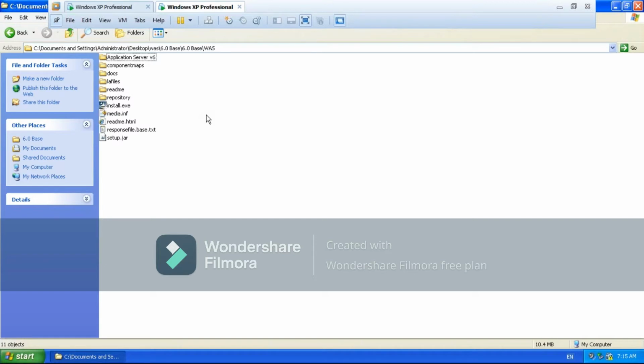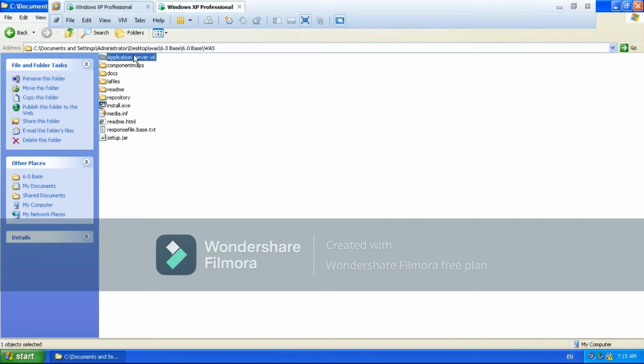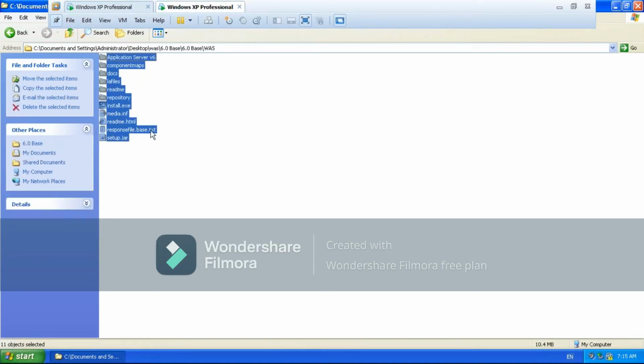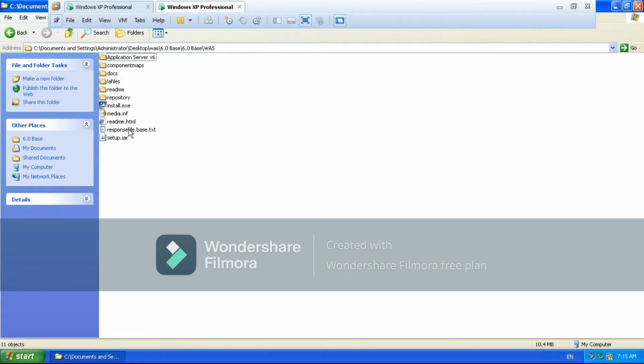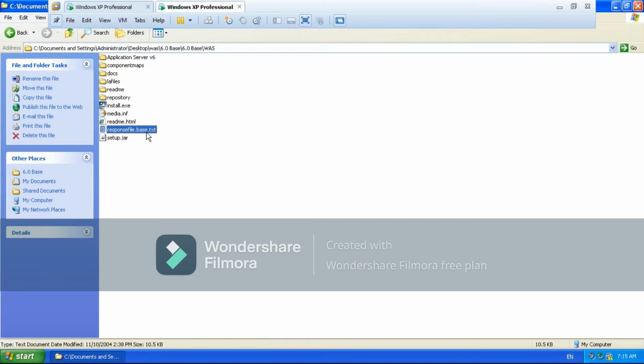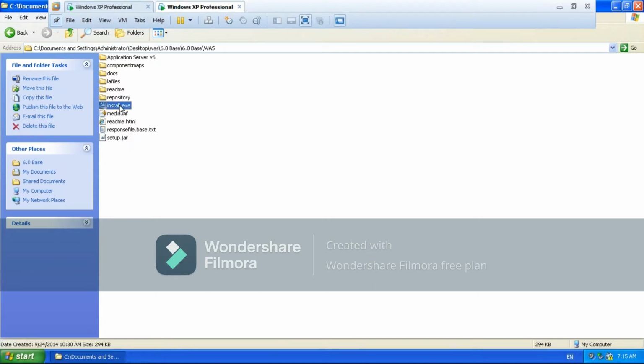That response file also comes with the software. If you observe in this software, you will see a response file base.txt. This is the response file which is used to do the silent installation. Whatever you are going to do with this install.exe, the same thing is done by using a response file.